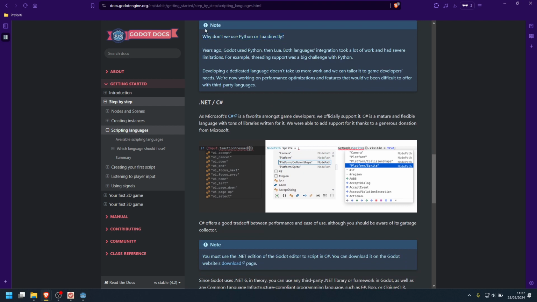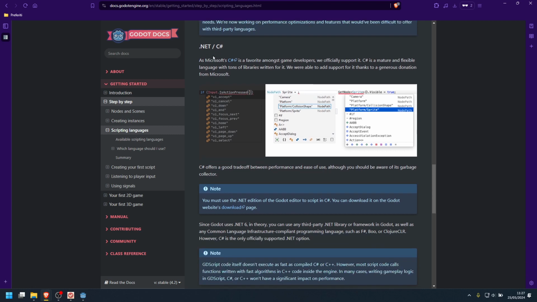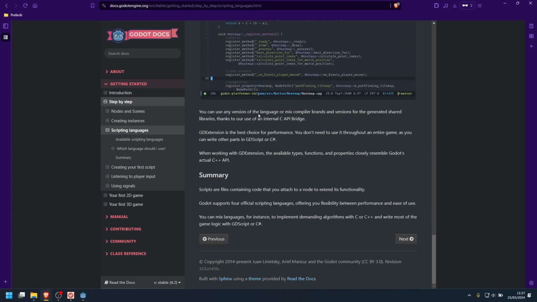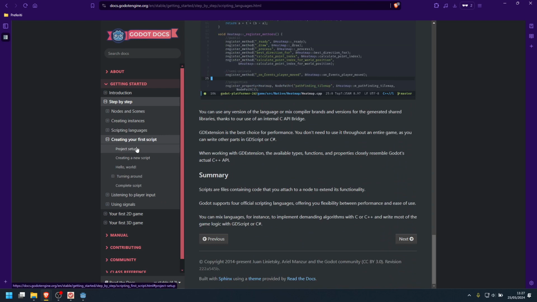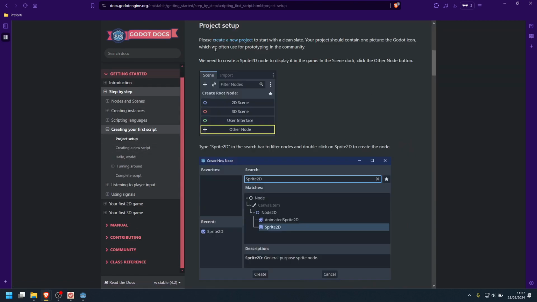Okay, these are giving reasons for why we don't use Python or Lua directly. .NET C#, C++. Okay, this we can quite skim. Creating your first script. Okay, so